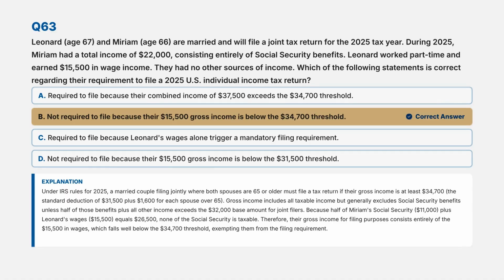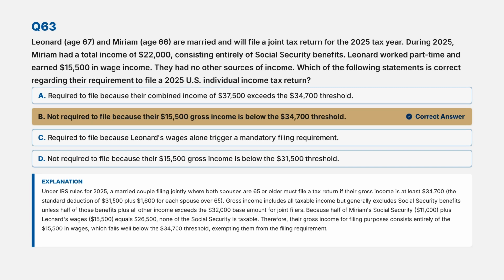The correct answer is B. Not required to file because their $15,500 gross income is below the $34,700 threshold. Under IRS rules for 2025, a married couple filing jointly, where both spouses are 65 or older, must